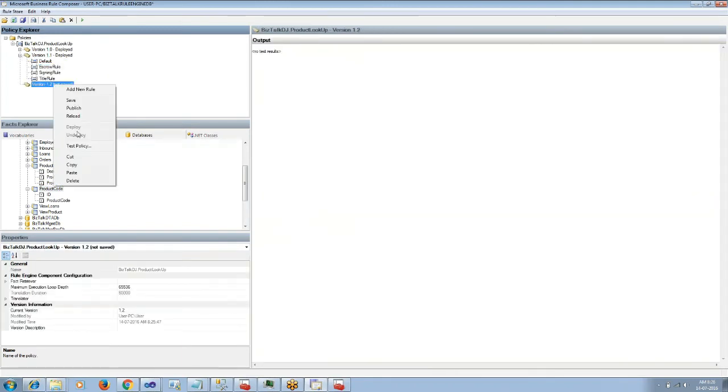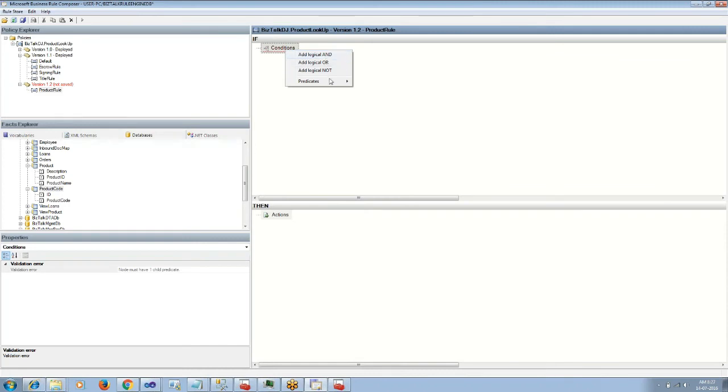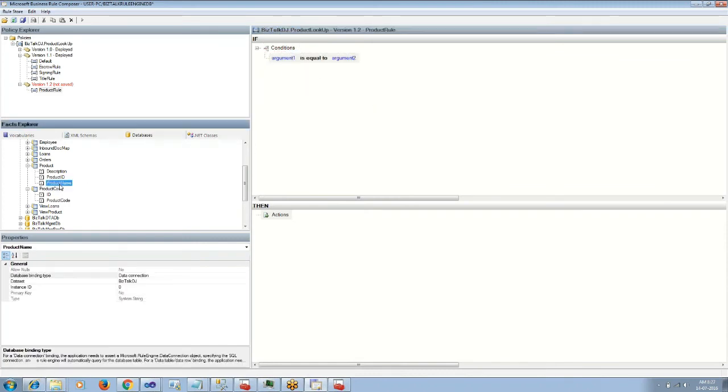So now let us create a new version of the policy. We will connect to the database server and to the database. So here we will form a predicate.